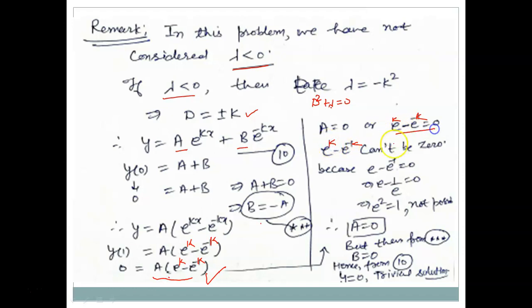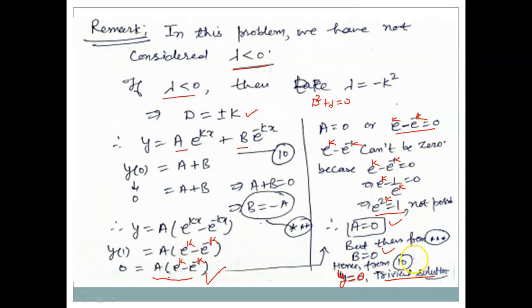But if you look at this, it cannot give you 0, because e raised to power minus k and k gives 2k. This equation can be true only in one situation, if k equal to 0, e raised to power 0 equal to 1. But when k equal to 0, lambda equal to 0, so we cannot have this kind of situation. So we say that a is 0 and b is 0. Therefore the solution of the given boundary value problem comes out to be y equal to 0, and again this is the trivial solution.